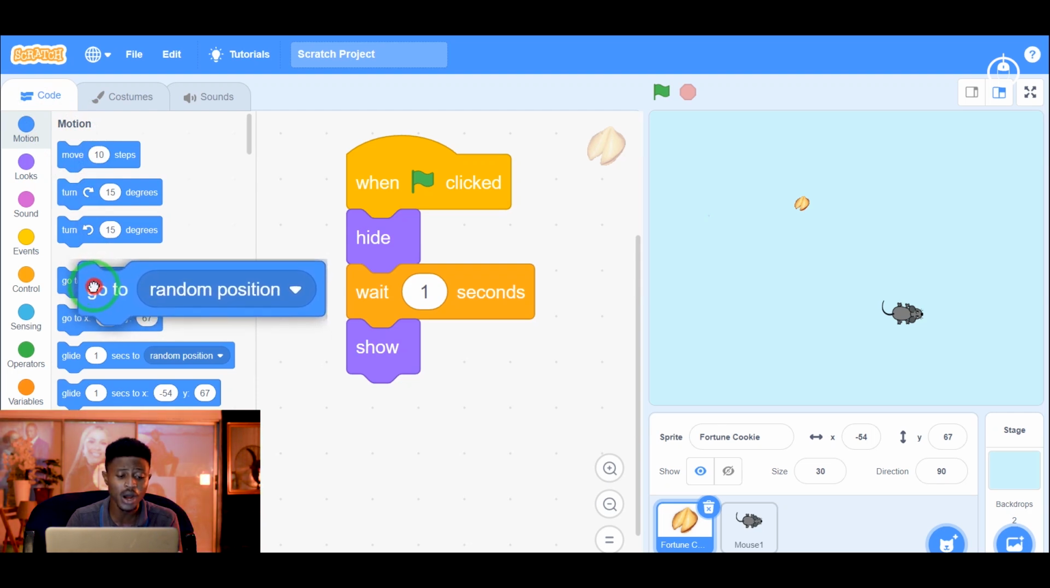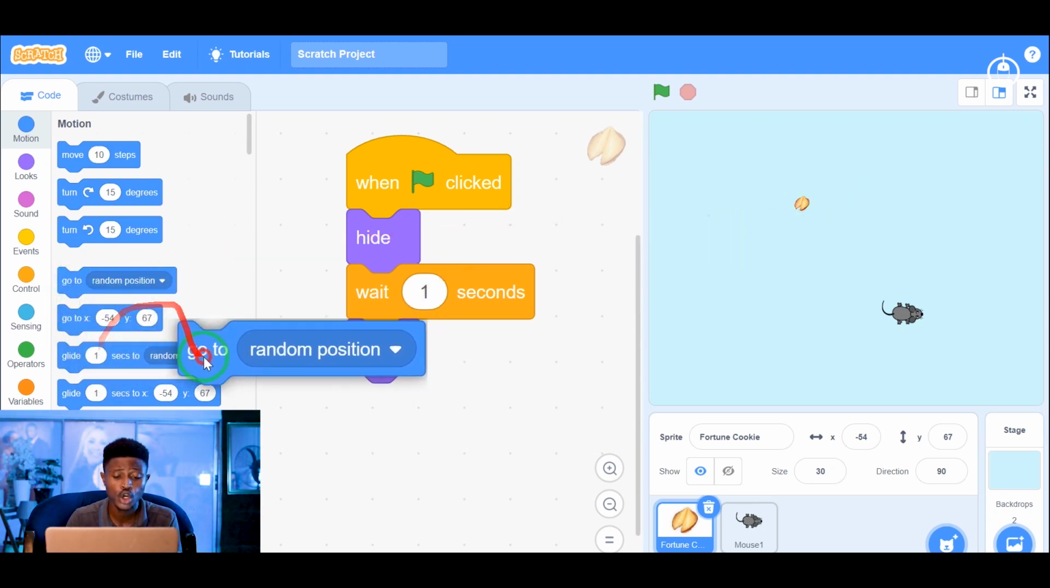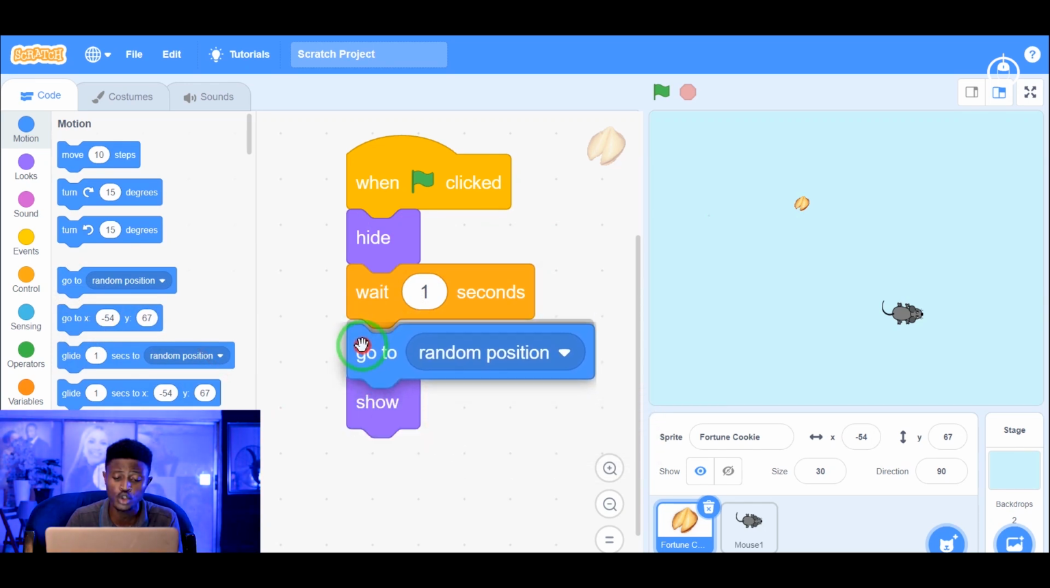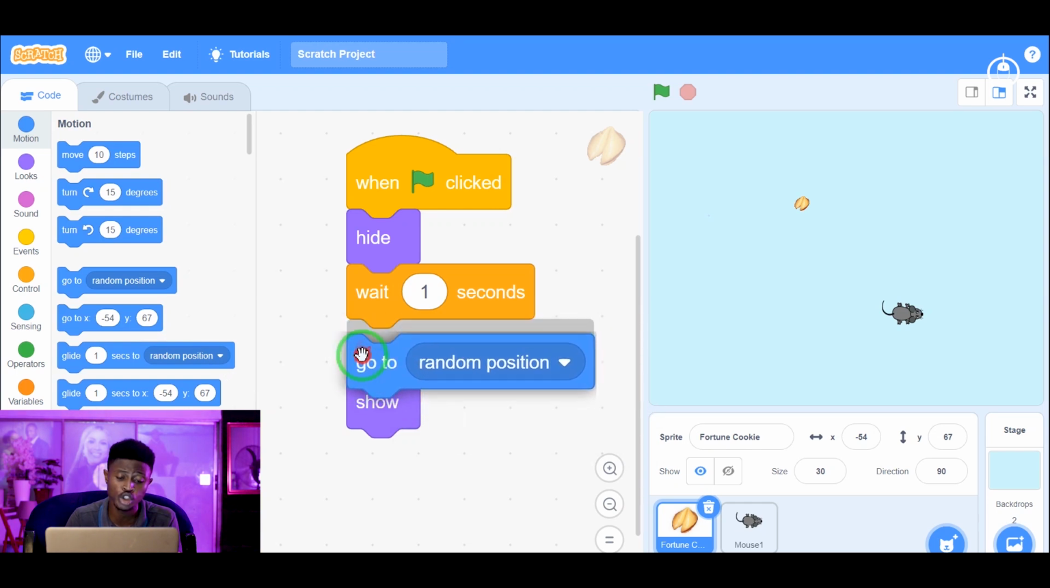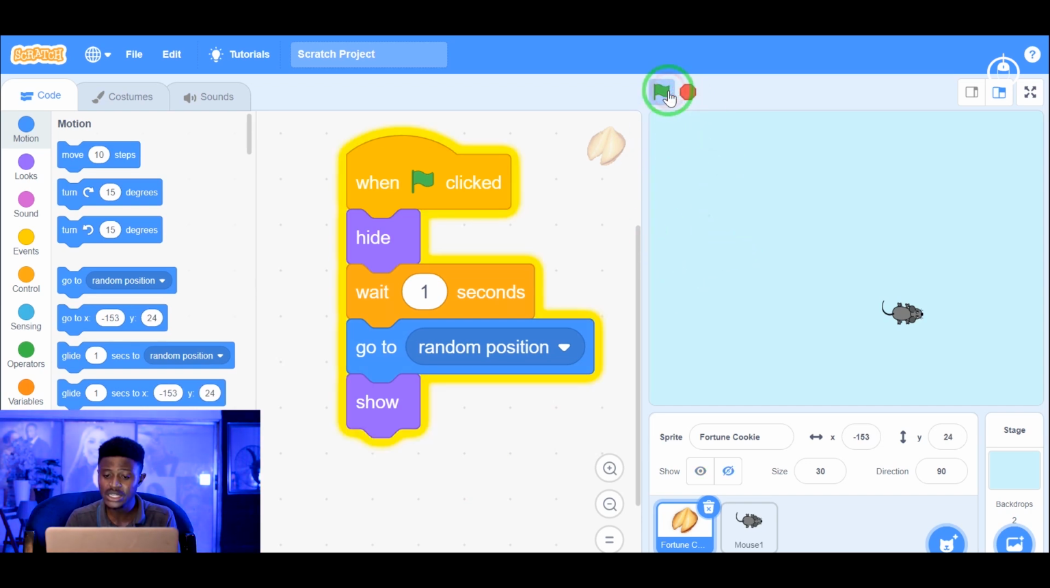All right, so what I will do is this. I will say before the fortune cookie shows, it should first of all go to a random position. So I'll put it on top of the show, like so, there. All right, now when I click on the green flag, you can see it changed position. Look at it again. You can see it changed position. So now it's changing position. Look at it here. All right,